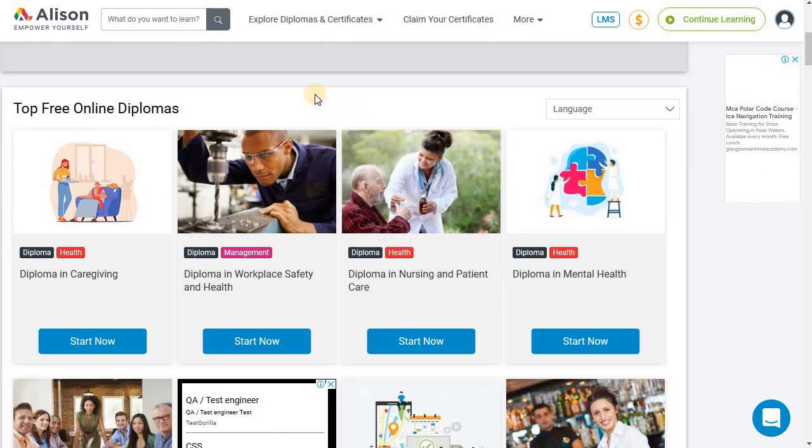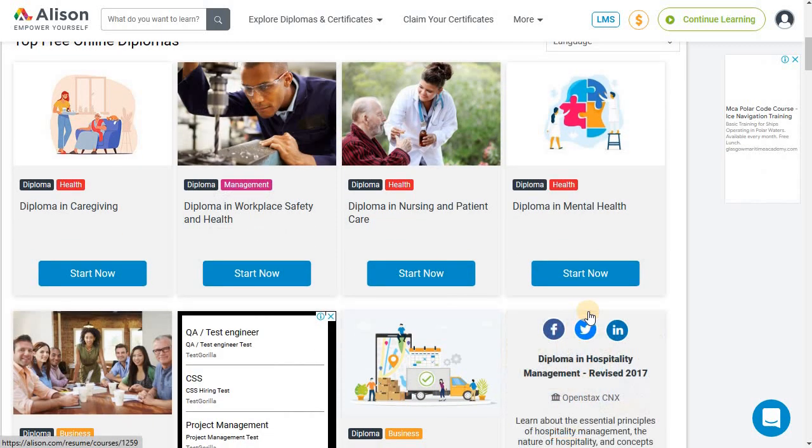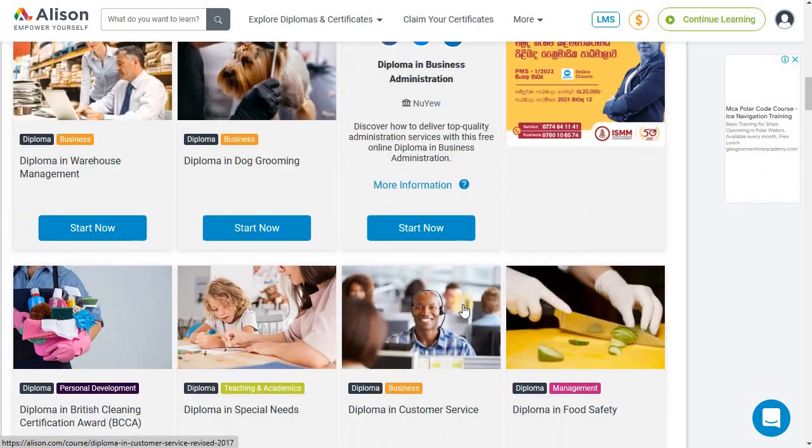So you develop skills. You don't just learn fluff and theory, you develop real skills for you to do real jobs in the real business world, right? It's good for entrepreneurs plus students plus people looking to enhance their skill set in their careers. So you get a whole bunch of diploma courses.